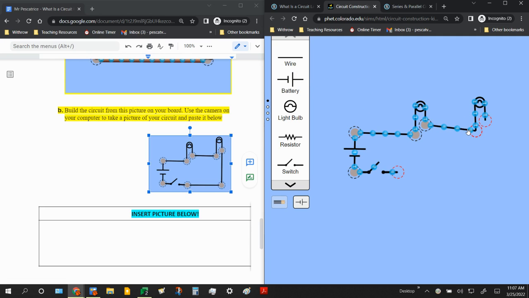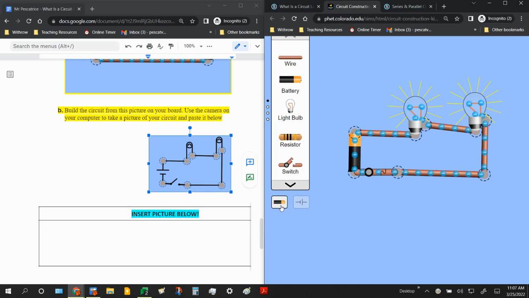And again, if it's not perfectly straight, that's fine. Like that wire in the middle there. I just want you to have the basics like this. Boom, there you go. All right, and when you turn the switch on, the electrons start flowing, and you have a working circuit. So then you would take a screenshot of this, all right, because it would look like this